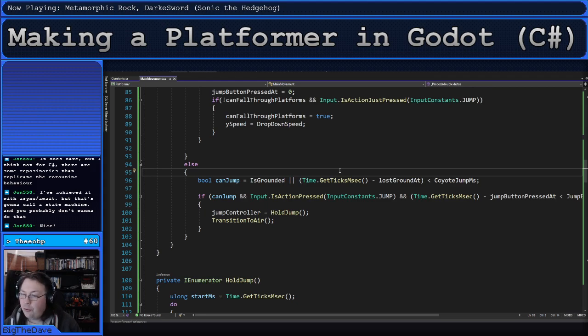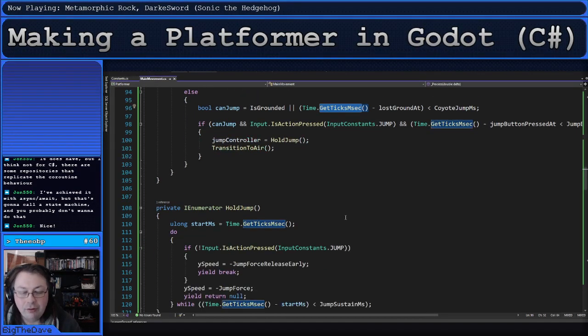Broadcast message is an incredibly expensive operation in Unity, but it's something that's encouraged to be doing all the time. So I've always been wary about engine-based actions like is action pressed and get ticks milliseconds and stuff like that. Stuff that you don't instantly think might cause a problem if you're calling them every frame, but might actually have some nasty stuff behind the scenes that the engine